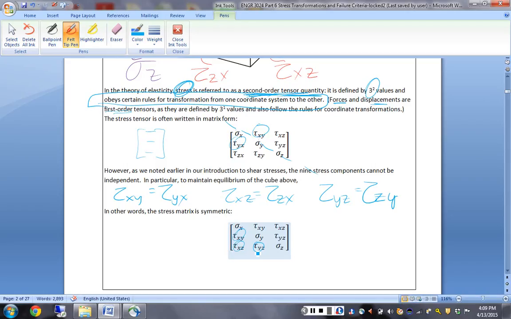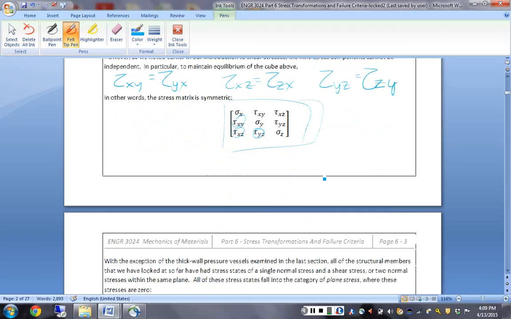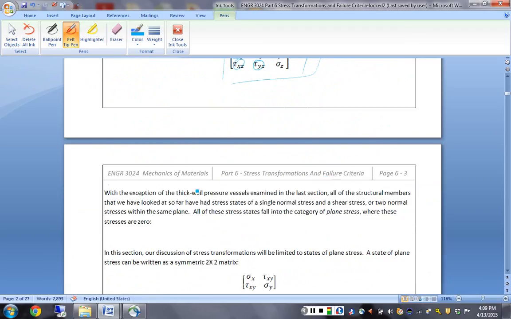All right. So this is my full stress state. It's a 3 by 3 matrix. And we essentially aren't ever going to deal with this many quantities. We are always going to simplify down. So we will very briefly look at a thick-walled pressure vessel, which does have 3 normal stresses: normal in the x, normal in the y, and normal in the z. It's actually hoop, radial, and axial, but we will very briefly deal with something that has all 3 stresses, but mostly